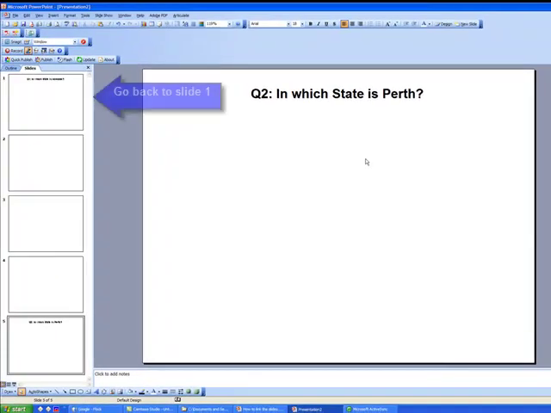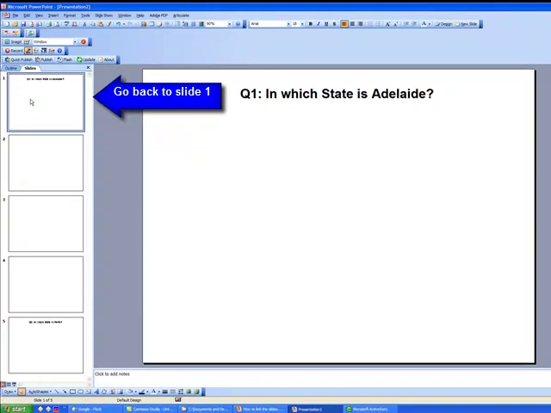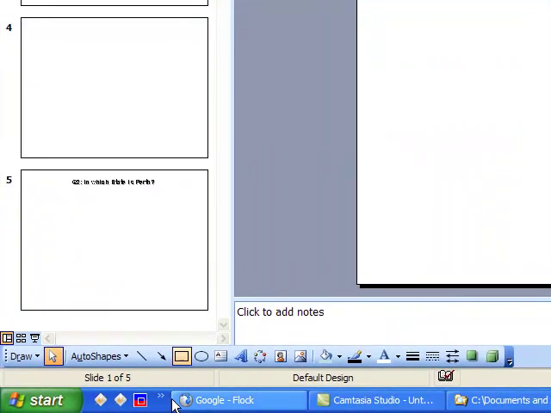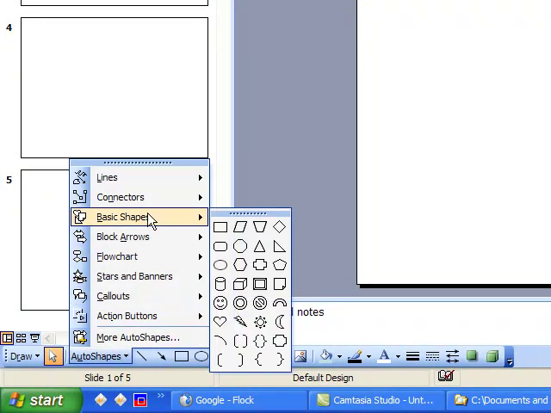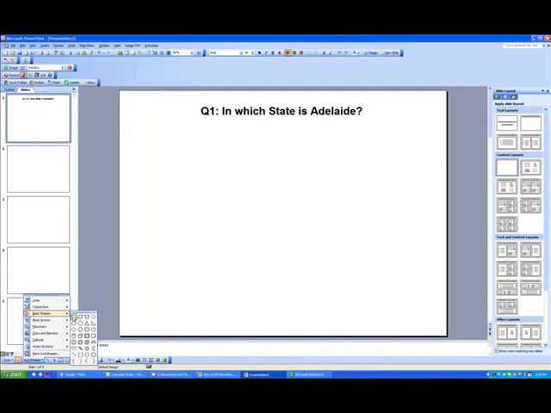Okay, now I have to go back to my original question and we need to give the students 3 choices. To make it a bit easier for you to differentiate later on, I'm going to insert some shapes. So I'm going to put a